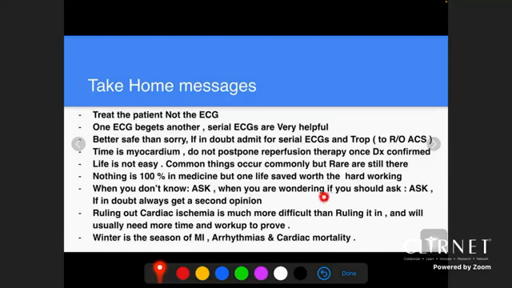When you are wondering if you should ask, ask. And if in doubt, always get a second opinion. Sometimes in a stressful situation, you can miss small changes in the ECG. Sometimes you can also get confused regarding the rhythm, AFib or STVT or something. But sometimes if you send the ECG to your senior, he can give you also an idea,